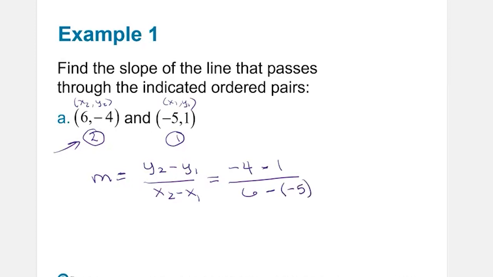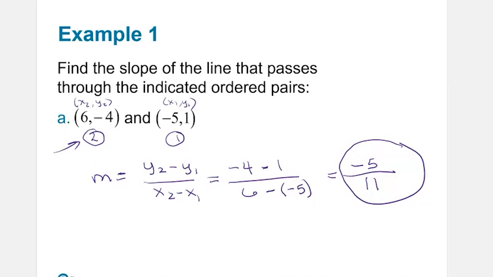So now I can just take the points right from there, and I don't have to do anything else. I just have to know the slope of a line. So -4 minus 1 is -5, divided by 6 minus -5, which is the same as 6 plus 5, which is 11. So the slope of my line is